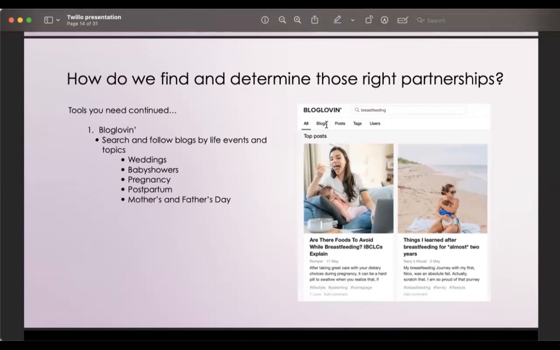So for instance, the cool thing about Blog Lovin' is that you can search and discover different types of influencer blogs. Partnering with moms that have key blogs is really, really beneficial because moms spend a lot, as you guys already know, a lot of time researching different products before they make a purchase, especially moms. And so moms will spend a lot of time reading other different types of influencer blogs. So Blog Lovin' is a great tool